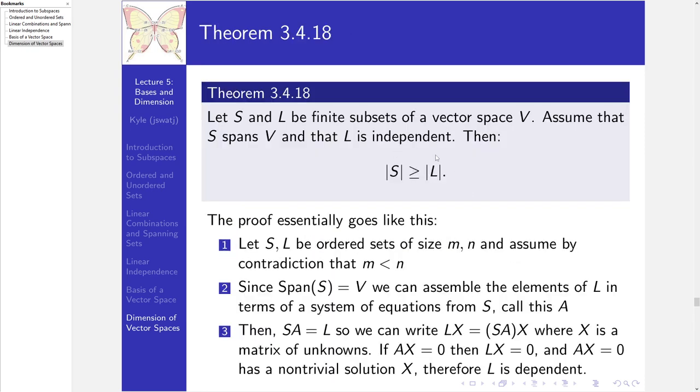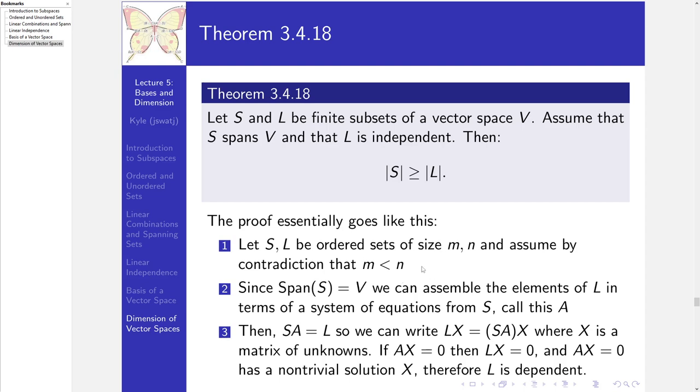So the proof of this, at least the proof that he wrote in his book, is not too complicated. If we let S and L be ordered sets of size m and n, and assume by contradiction that m is less than n, so this is false, and we know that the spanning set of S is equivalent to V, we can assemble the elements of L in terms of a system of equations from S, which we call A. He goes into more detail about how he assembles A. It's like a list of equations